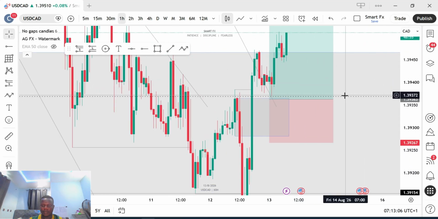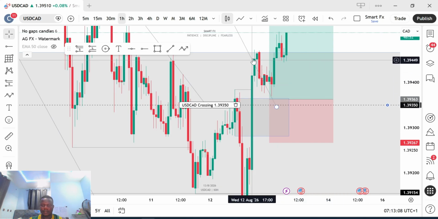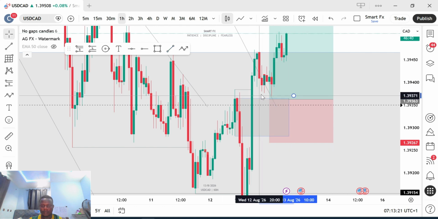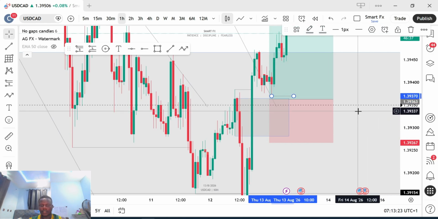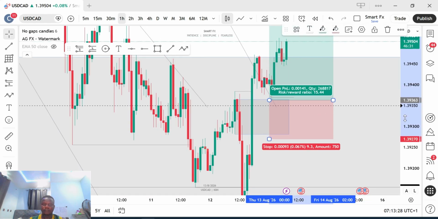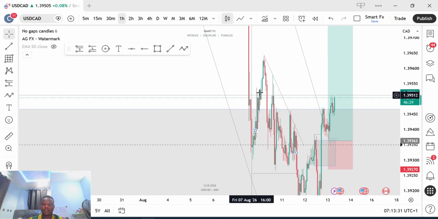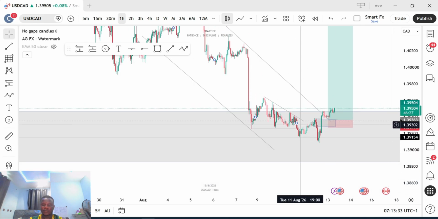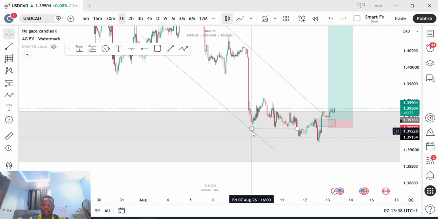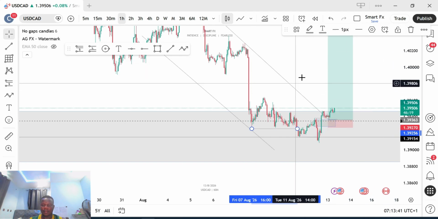This is the inducement. Let me remove this alert. This is the inducement. Here is the inducement, which is yet to trigger. So I enter through the breaker block, my stop loss below here, and I'm targeting this high. Generally I'm targeting this high,